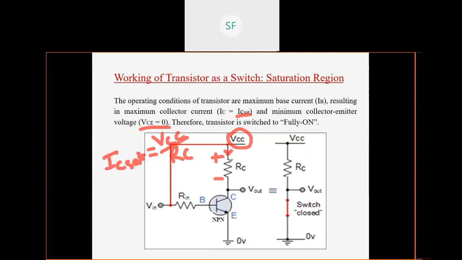What do you mean by VCE equal to 0? VCE equal to 0 is nothing but your transistor is acting as a short circuit, है ना। वोल्टेज ड्रॉप अक्रॉस शॉर्ट सर्किट 0 वोल्ट होता है। आपने ये टर्म यूज भी किया होगा, शॉर्ट सर्किट हो गया, दैट मीन्स व्हाट, maximum current can flow through the short circuit. तो जब भी शॉर्ट सर्किट होता है मैक्सिमम करंट फ्लो होता है और आपका फ्यूज चला जाता है। फ्यूज की एक कैपेसिटी होती है, fuse is used for the protection of your devices and all, ठीक है। तो जब भी शॉर्ट सर्किट होता है मतलब मैक्सिमम करंट फ्लो होता है आपके सर्किट में से। सो इन दिस केस मैक्सिमम करंट इज नथिंग बट IC sat.